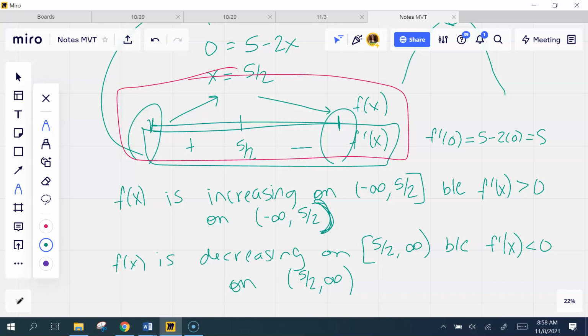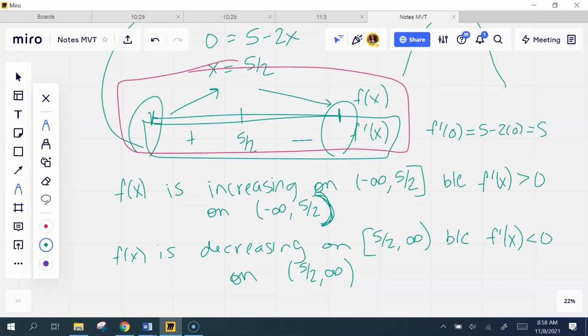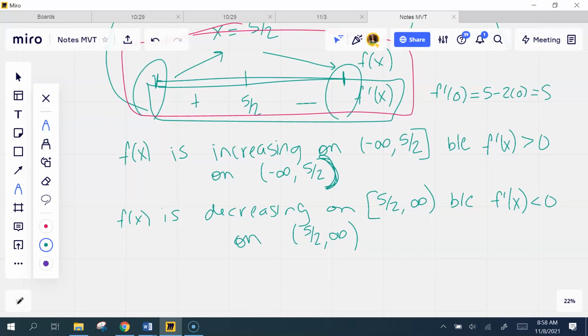That's not all it asked me to name. It also asked me to name the local extrema. So I need to say that there is. Well, this is not bounded, so we don't have to worry about it. So what I'm going to say is f of x has a maximum at x equals, make sure you say x equals 5/2, because if you say at 5/2, it sounds like you're referencing the y value. But it has a maximum at x equals 5/2